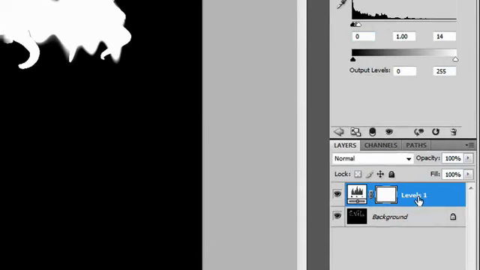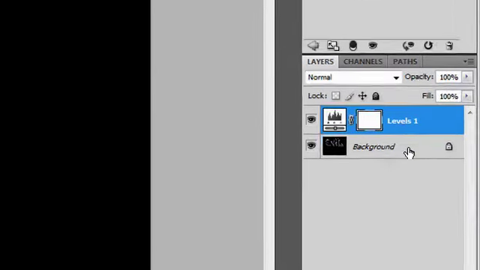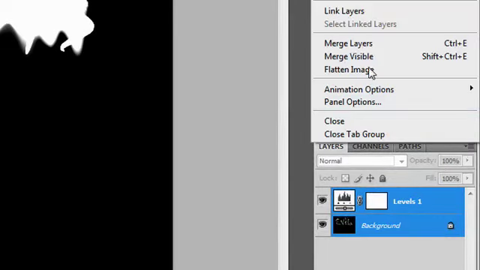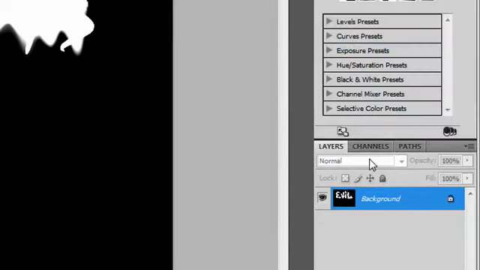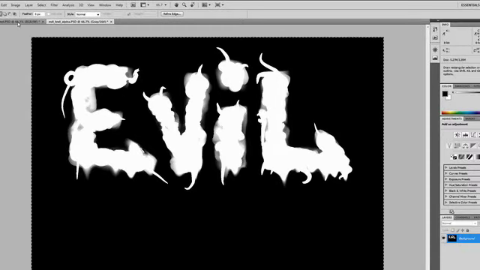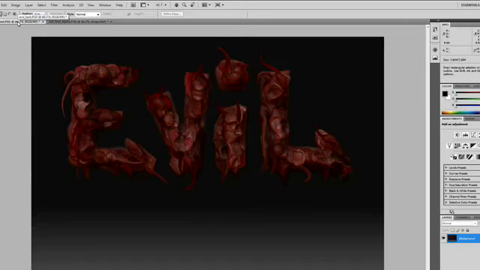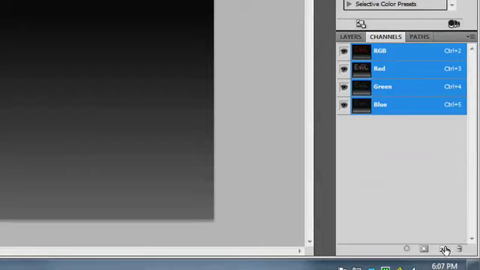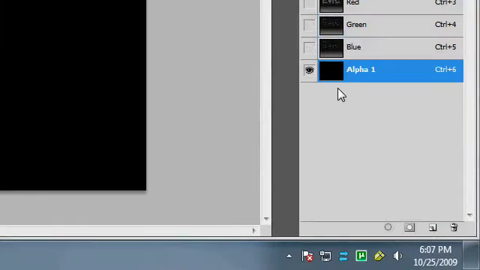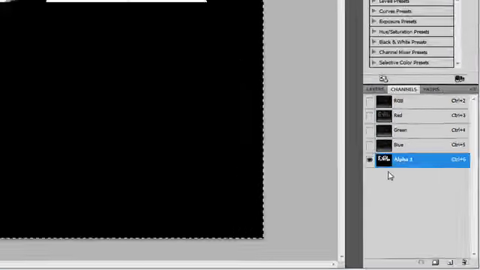And then we're going to go to your layers and control click on both of them so that they're both selected, and we're going to merge the layers. You can press Control E for that if you wanted to. Now press Control A to select all, and then Control C to copy, and then go over to your Evil Text PSD, click on your channels, and then click on New Channel. And in here you're going to want to paste by pressing Control V,